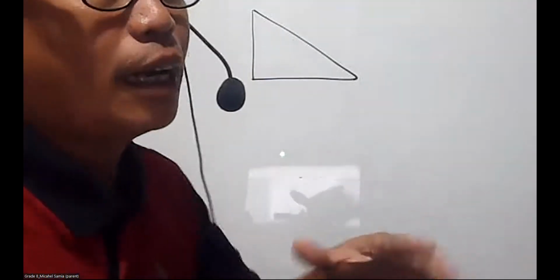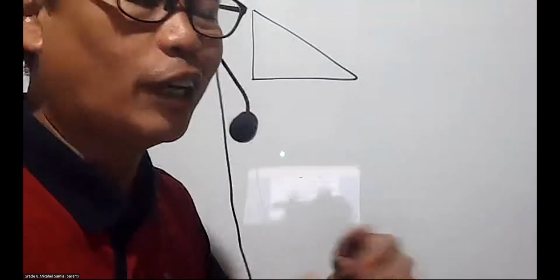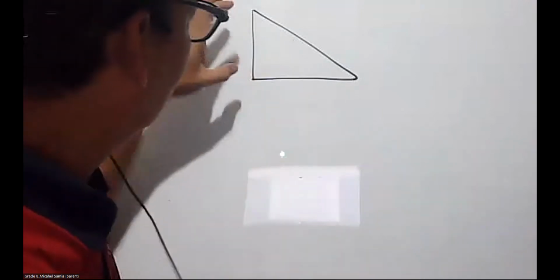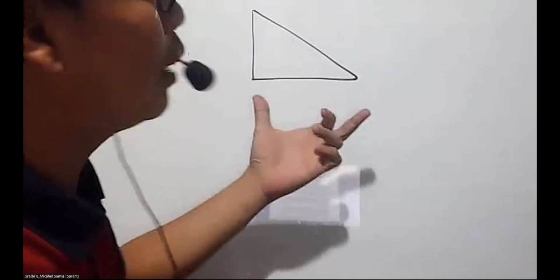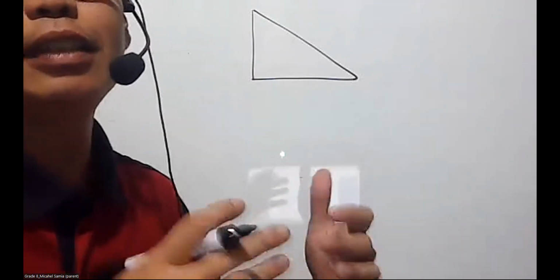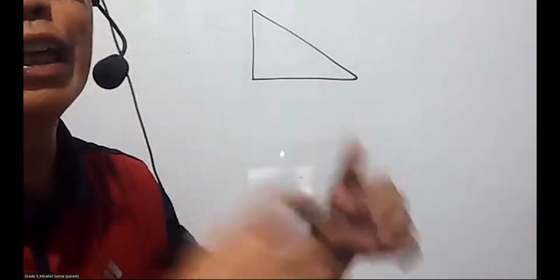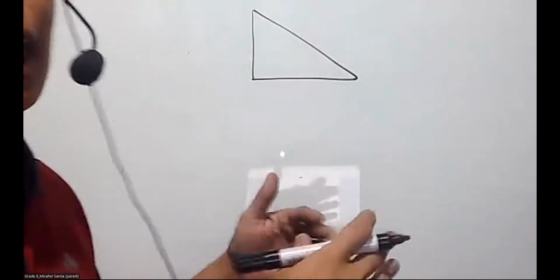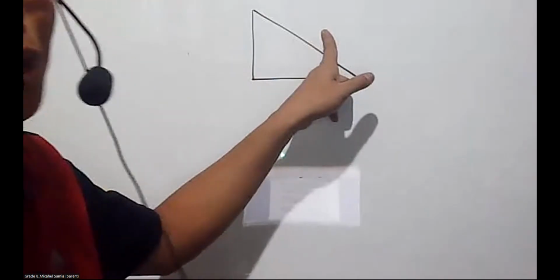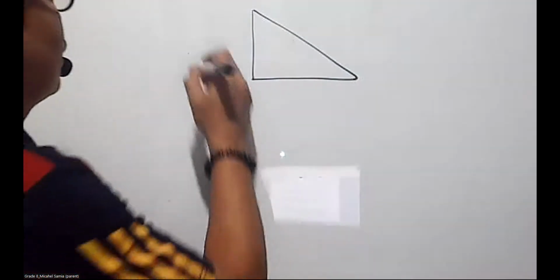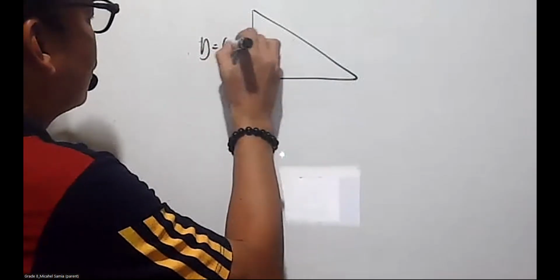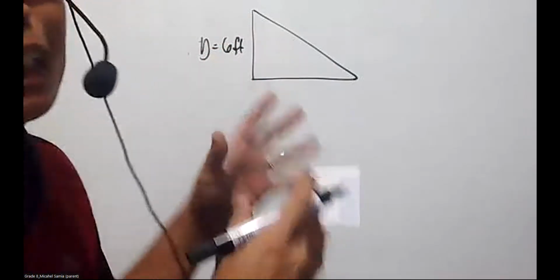So I repeat, in other problems, you cannot interchange. If this is the value increasing and the value decreasing, it is mentioned in the problem. But in this case, it's not. It only states that one leg of a right triangle, meaning you can select either of the two. Of course, not this one. This is the hypotenuse. So let's say I'll be selecting this one, my y, as 6 feet. So this is the leg which is not increasing.